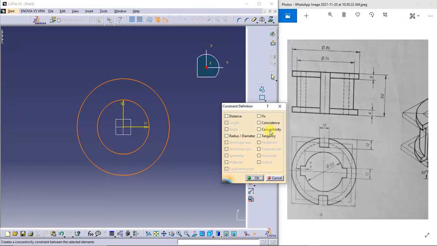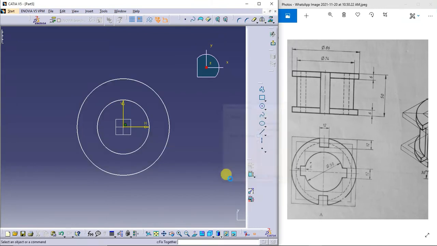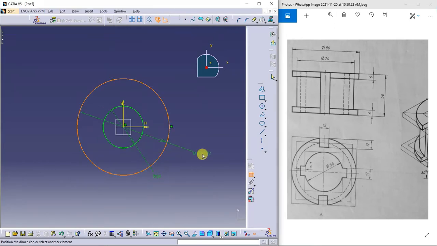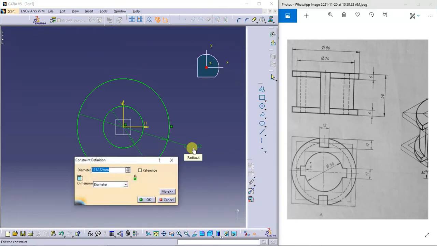Let both the circles be concentric. Inner circle is 50 mm diameter. Outer circle radius is 86 here. You can see it here.